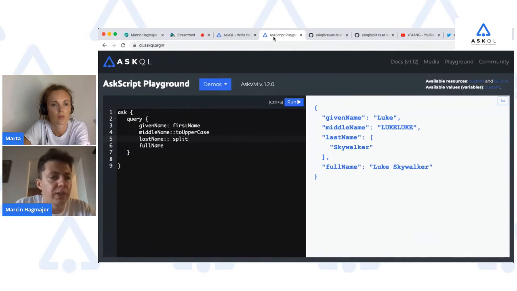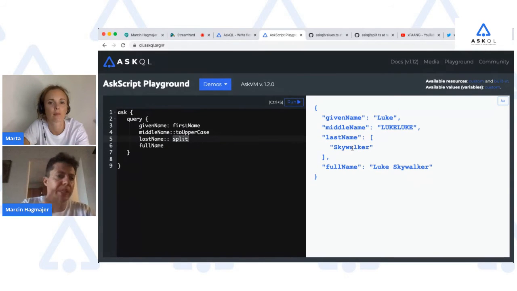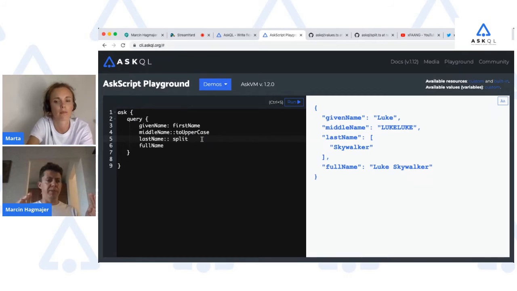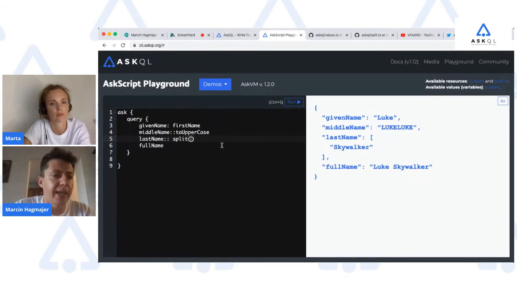So here you can just give it an empty string as an argument to split. Just like at the end of the split, you will have to open those parentheses and provide one extra argument, because split needs two arguments.